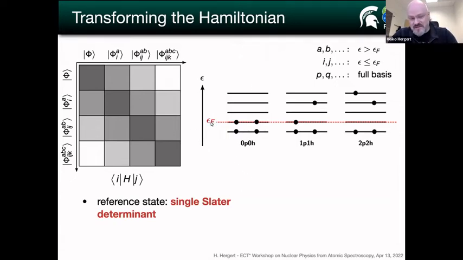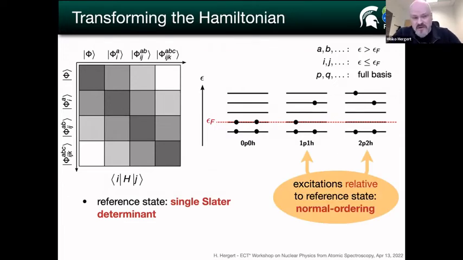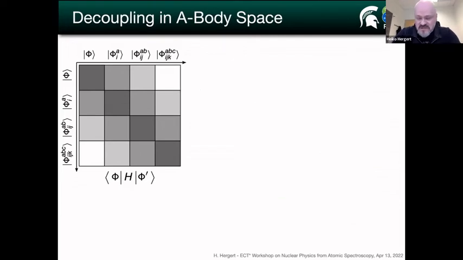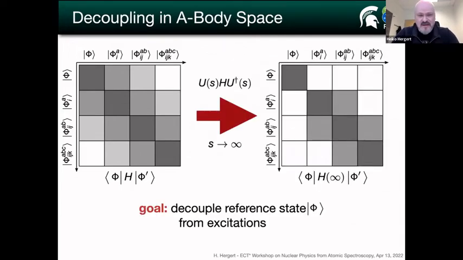with single particle levels filled up to the Fermi energy. We construct all particle-hole excitations of this state. We normal order our Hamiltonian with respect to this reference and organize the basis in terms of excitation energy that way. And then what we want to do is perform a unitary transformation that smoothly transforms this matrix that's shown on the left-hand side. So this band diagonal matrix where the reference state is coupled to two-particle two-hole excitations in case we have a two-body interaction, or maybe three-particle three-hole excitations if a three-body interaction is present, into this final Hamiltonian that's shown here on the right-hand side,